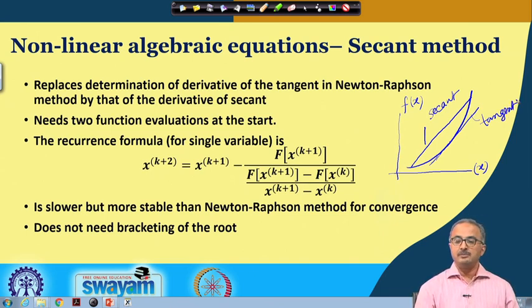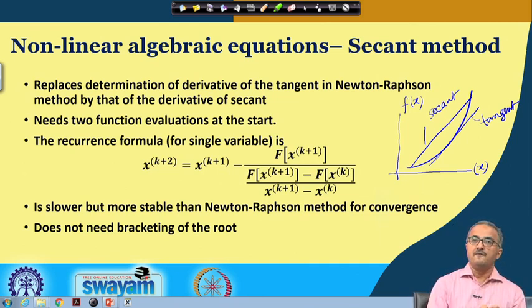So as the name of the method suggests, in this particular method we are considering the secant, and we are going to find out the derivative of the secant. The derivative can be found if I know this particular point and I know this particular point. That means in the Newton-Raphson method we were using only one point. On the other hand, for the secant method to be implemented, we need 2 points to find out the slope. That means in the Newton-Raphson method we need only one starting value, whereas in the secant method, we need 2 starting values.